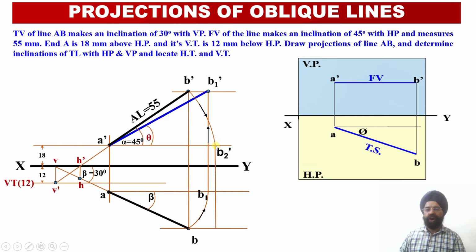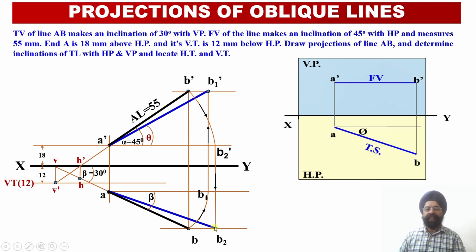So now I have drawn a perpendicular projector in this direction, because direction is very important. That is why we have marked the arrows over here. So from the point B2 dash, I have dropped a vertical projector line onto the locus line corresponding to the point B. So wherever these two projectors intersect, I obtain the point B2 over here. So this is the true length point corresponding to the second point of the line AB in the top view. Now point A is available, point B2 has been obtained. I can join point A with point B2.